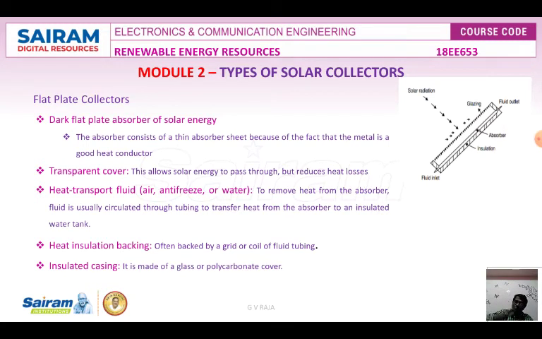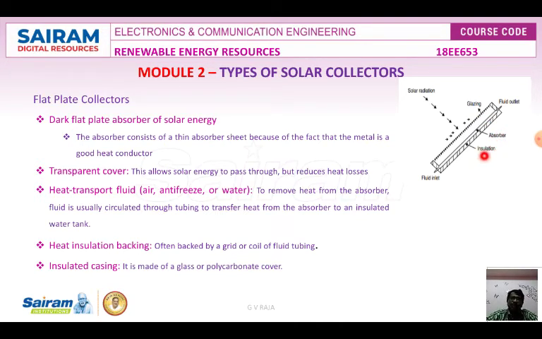So solar radiation falls onto this area where it can be absorbed, and if you see this diagram, this is one kind of flat plate collector. This part is the collector where the sun radiation will be absorbed. The glazing material is a kind of panel made of glass or plastic material which can let in more heat from the sun. And here we are using an absorber and insulation.